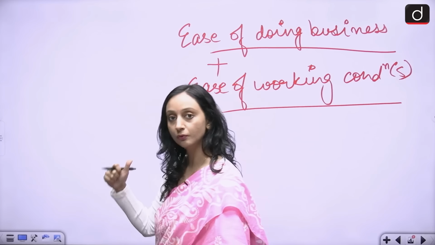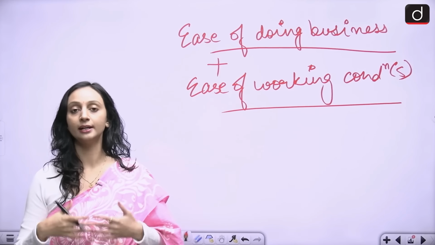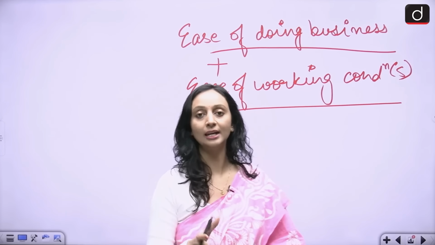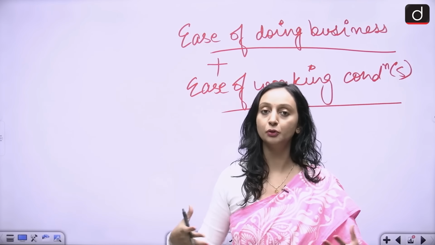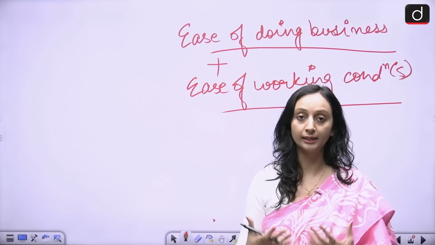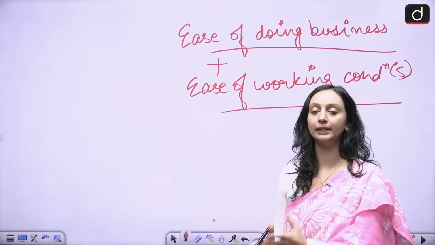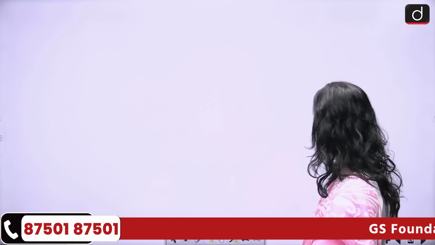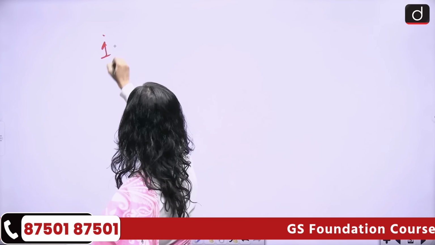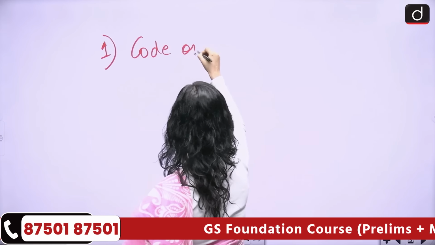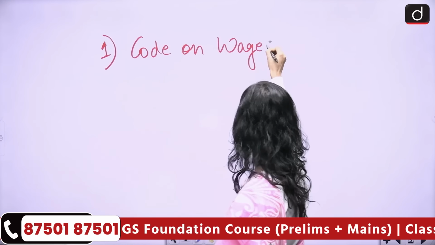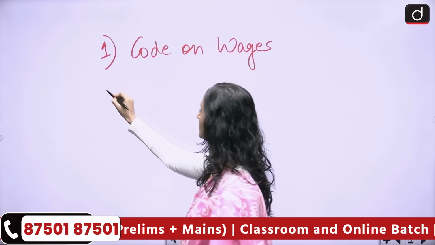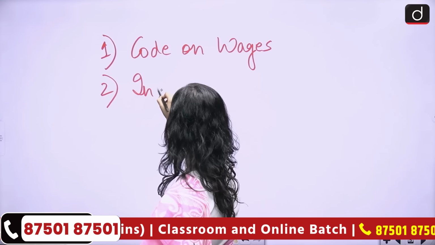So when you study the provisions of all these labor codes, you'll realize that they have been designed in a manner that they're going to help both the employers as well as the employees. And to bring about uniformity in the implementation of the entire labor laws, we have amalgamated these 29 central laws to 4 labor codes. And these 4 labor codes are: first is the Code on Wages. We will discuss all these codes in detail, but for now let us write them down. First is the Code on Wages. Then we have the